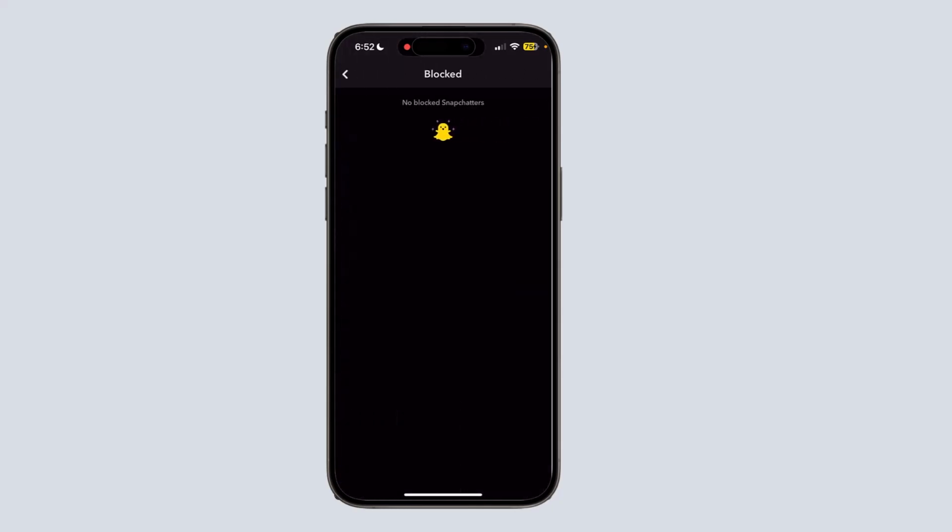And if you had blocked some users earlier, the users' tag will be here, the users added will be here, and all you have to do is remove them from this list, and that's how you can unblock someone on